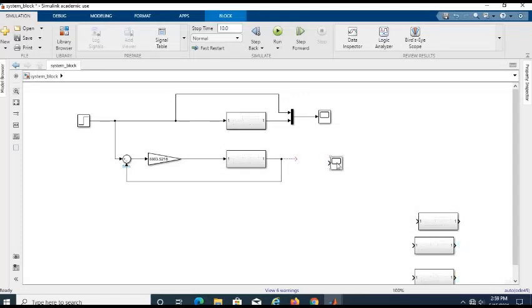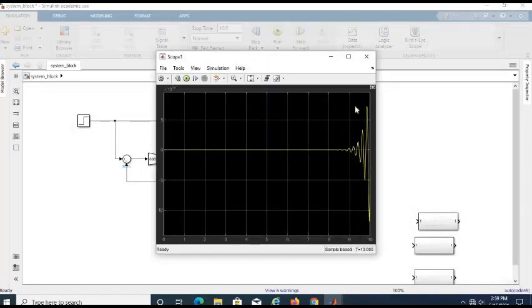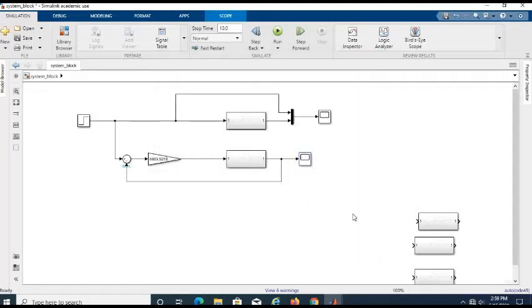You can see this is the response with the proportional controller manual tuning.